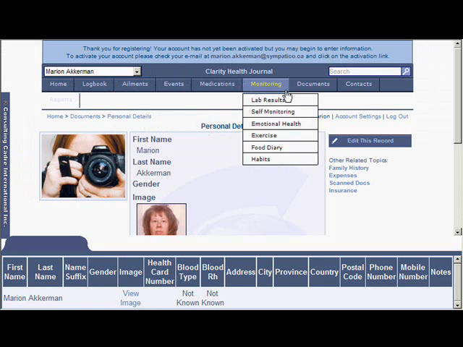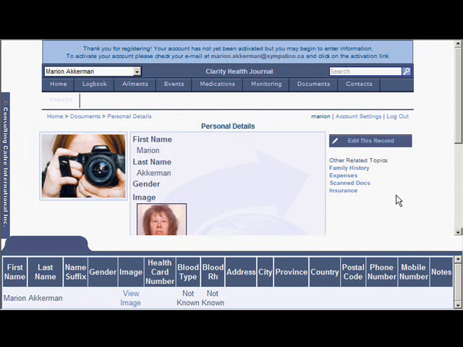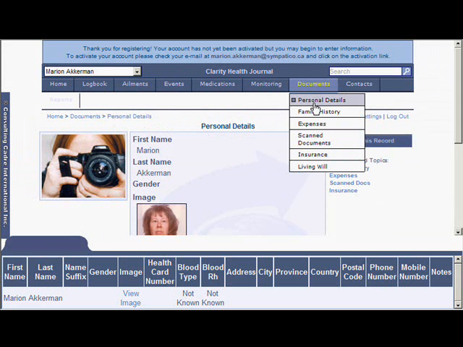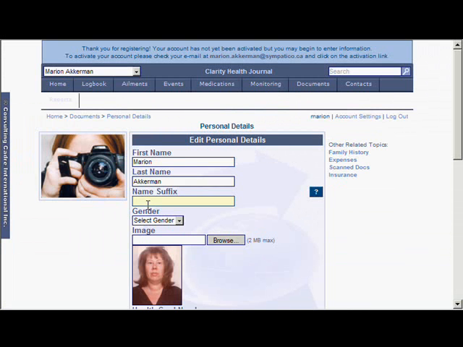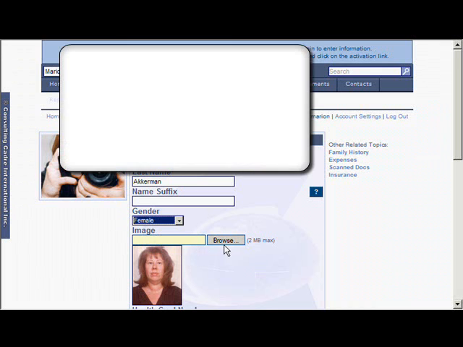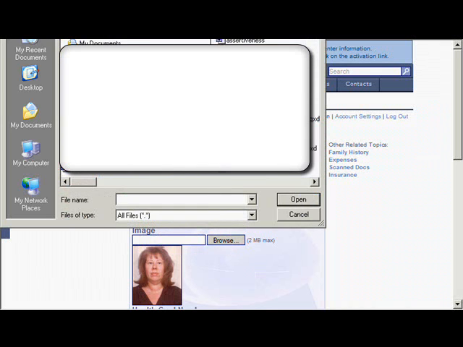This is a brief overview of the Clarity Health Journal software package. Upon creating an account, it goes automatically to the personal details, where you can create a profile of yourself. As you can see here, there is room for name, gender, an image of yourself if you like,